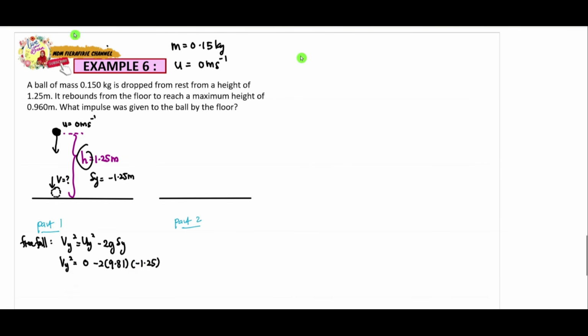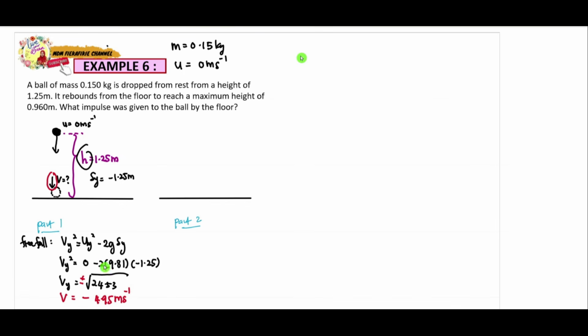So now we want to calculate Vy. So tekan calculator. So this one should be square root. So saya dapat dekat sini adalah 24.53. Okay, awak kira takut salah. Okay, so bila kita take the square root, make sure, here we have positive, negative actually. But since the direction of the motion is downward, so the value of V here kita mesti pilih negative. Okay, so the answer is 4.95.